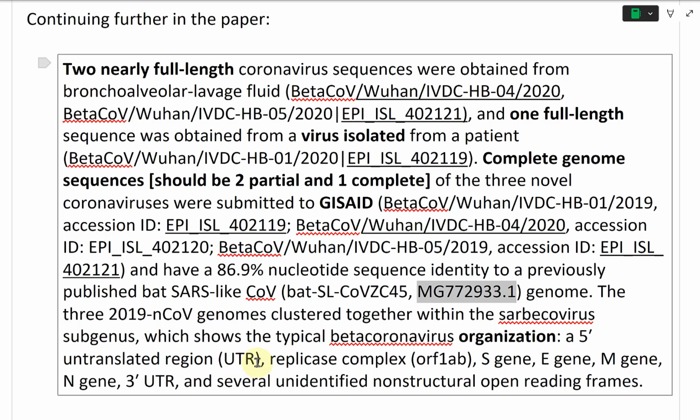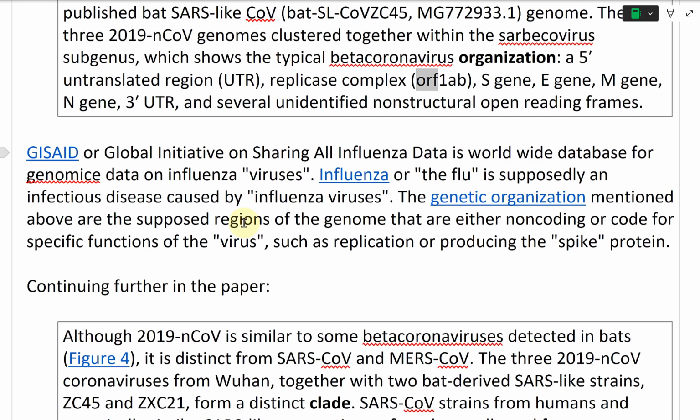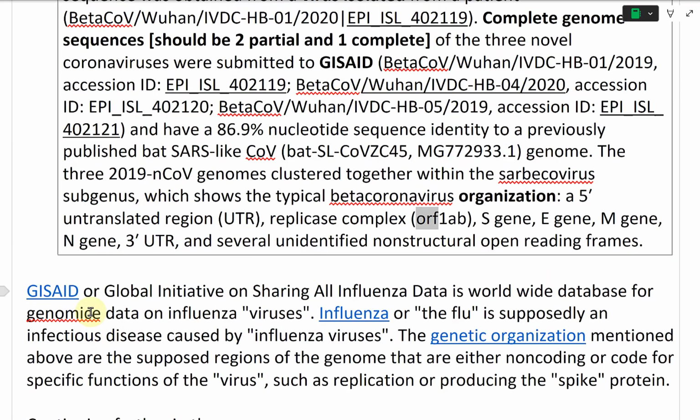5-untranslated region, UTR, replicase complex, ORF1AB, S gene, E gene, M gene, N gene, then 3-UTR, that's the untranslated region, and several unidentified non-structural open reading frames. Alright, that's this ORF, open reading frame. So, I'm not going to go too much into what those all mean, but basically I'm just going to summarize that. So first of all,